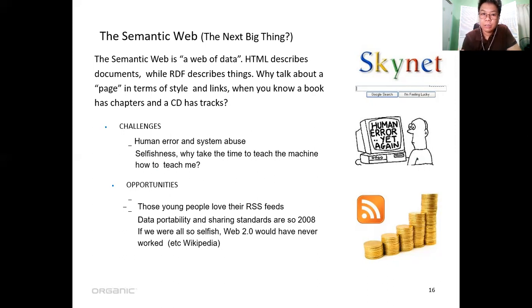So it says there that the challenge is normally there is human error and system abuse. The young people use, of course, RSS feeds and the standards for web, like looking at Wikipedia always. So the bottom line is for the semantic web, why should we care?